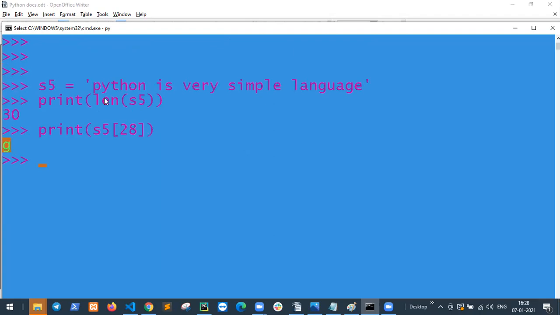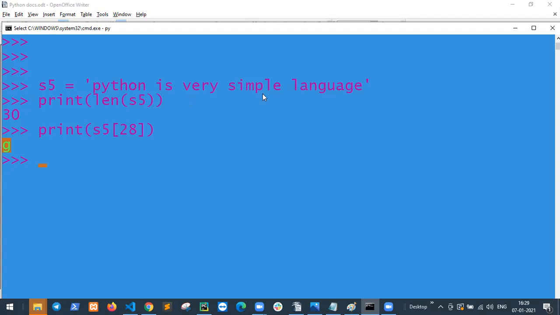Space is counted. So 0, 1, 2, 3, 4, 5, and 6, 7, 8, 9, 10, 11, 12, 13, 14, 15, 16, 17, 18, 19, 20, 21, 22, 23, 24, 25, 26, 27, 28.